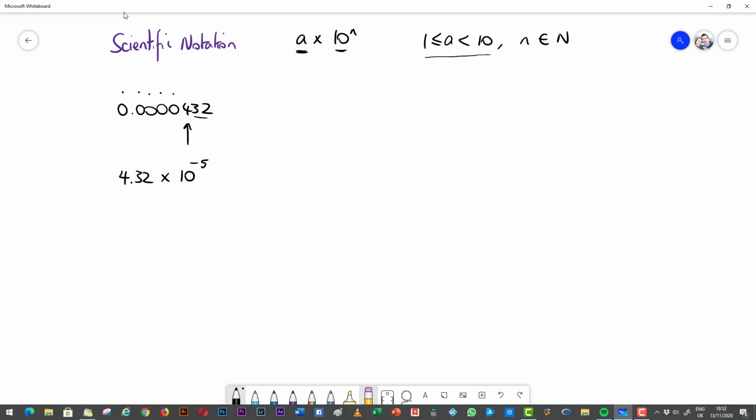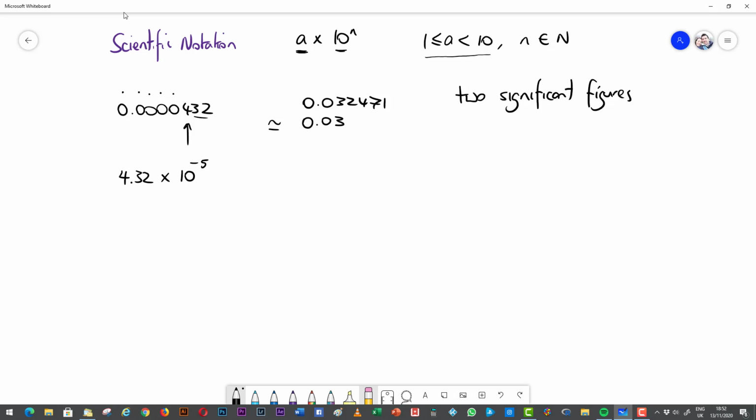Okay, so let's have a look at another example. So let's say we have 0.0324771, and this number goes on for ages. And what we want is an answer to 2 significant figures. So again, I'm going to write down this number. I'm going to round this number to 2 significant figures. This is the symbol for approximately. So this number is approximately